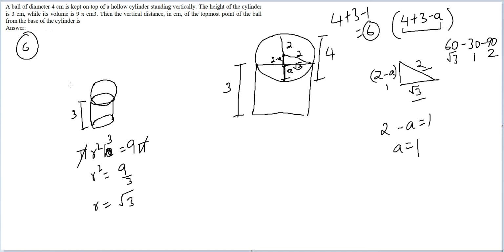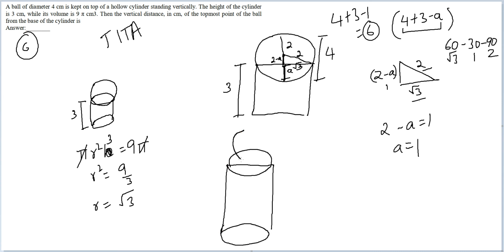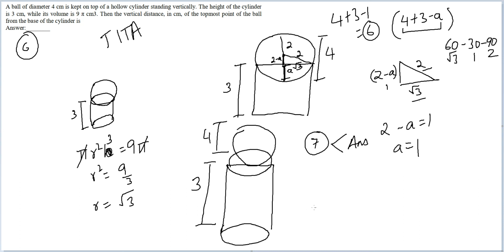Now this is the traditional way of doing this question. The smart way of doing this question would be realizing that this is a theta question, and because this is a theta question, just see, can you see that if it had been a solid cylinder, the ball would be on top of this. The height here is 3, the height here is 4. The answer in that case would have been 7. But because this is a hollow cylinder, the answer has to be less than 7.